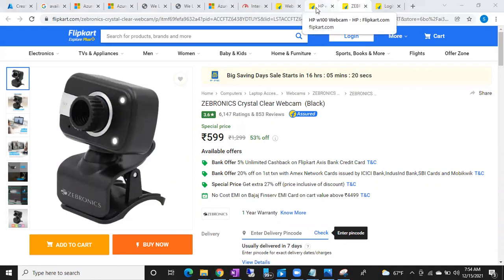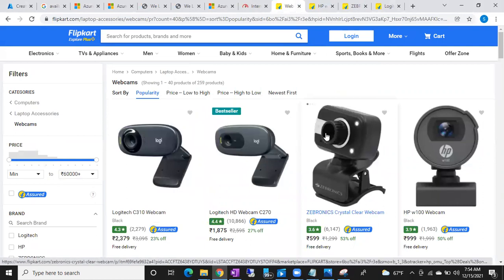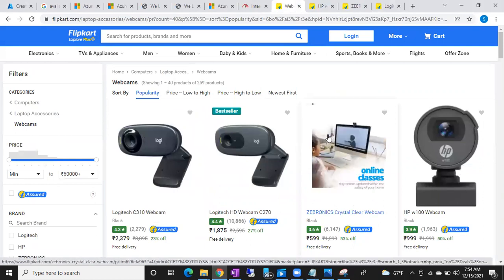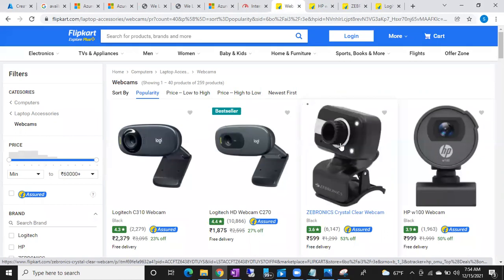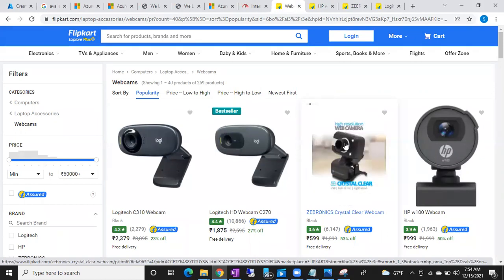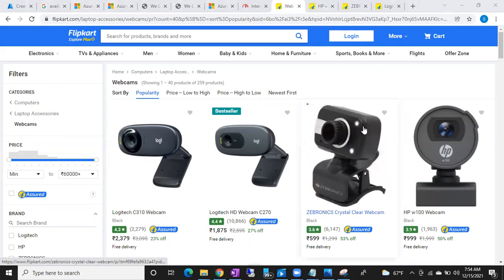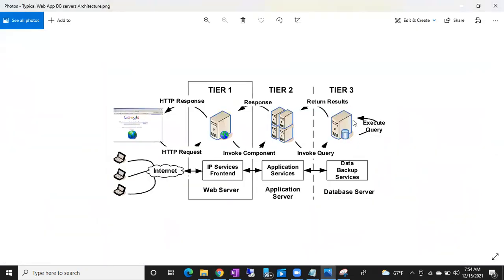Whenever you click, you are simply thinking I'm just clicking on the product, right? But guys, there is a meaning for each click. If you click here, one query will run. What is the query? I'll tell you. If you want to access the database, you cannot access it like that. You have to write a query to access the database. Using queries only, we can pull the data from the database. So whenever you click on any product, it will prepare a query.